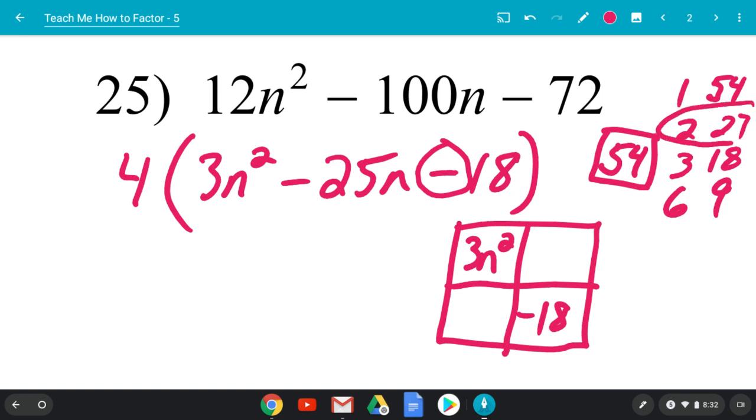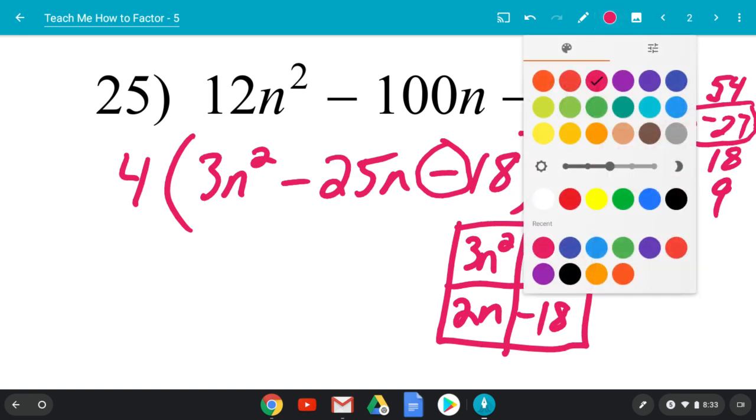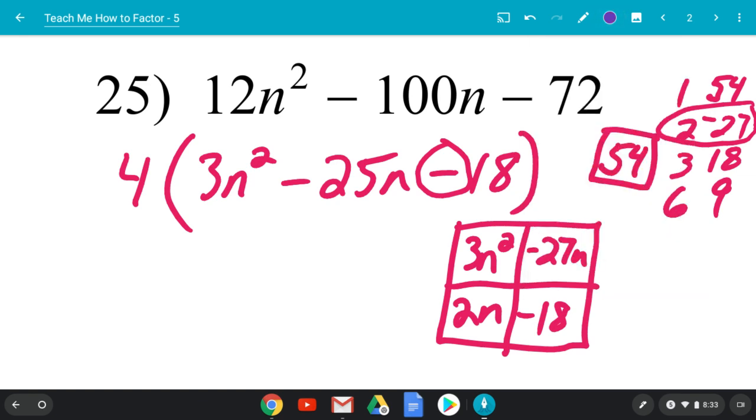2 and 27. The larger number gets the sign from the middle. So the 27 has to be negative. So then I put those two numbers with a variable in the other two boxes. Negative 27n and 2n. Is everybody okay with how I filled out my box? Yes? All right, now I find my factors or my GCF